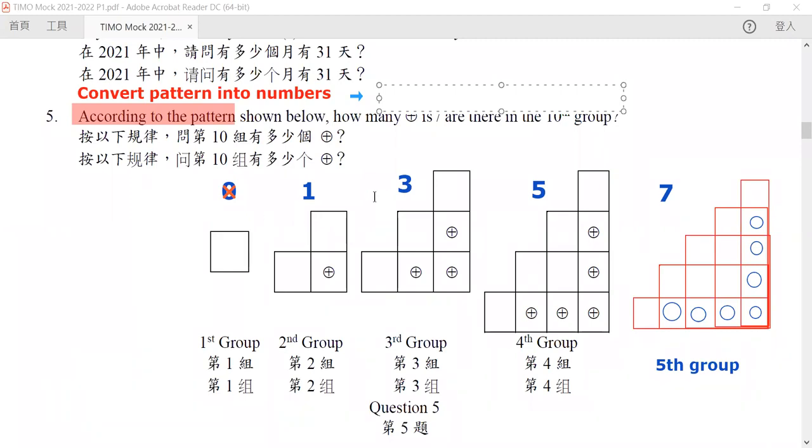So you can clearly see that, for example, our sixth group should have 9 symbols. And since our rule is that they are all consecutive odd numbers,